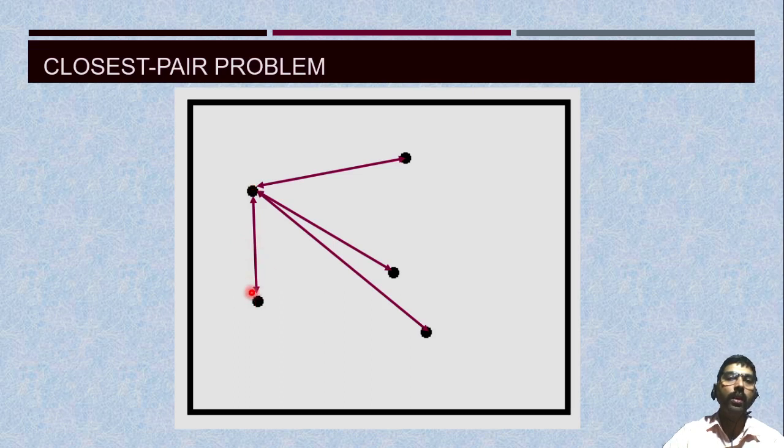In the next step, I take the next new point and find the distance between this, this, and this. Now I want to find out the distance between this, this, and this. I have already found the distance of this one, so I am not considering it. I already have an answer for this one. So I am comparing which distance is shorter, this or any one of these. Whichever is the minimum length, I am storing it in d.